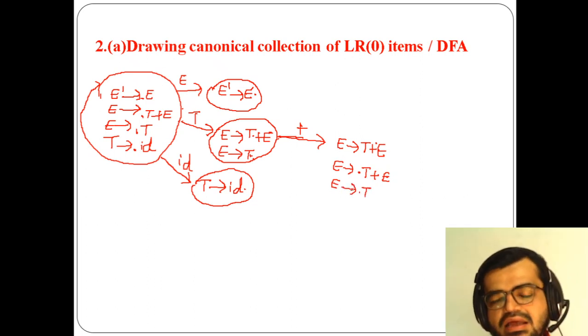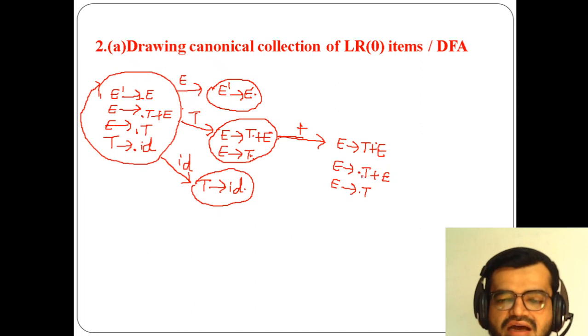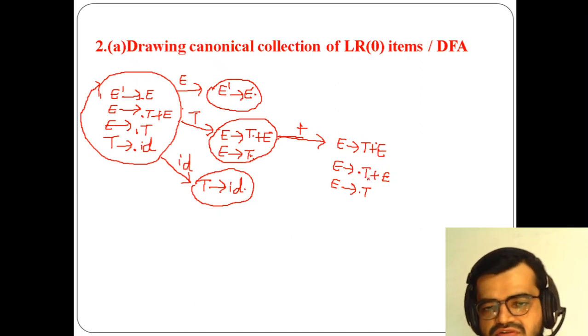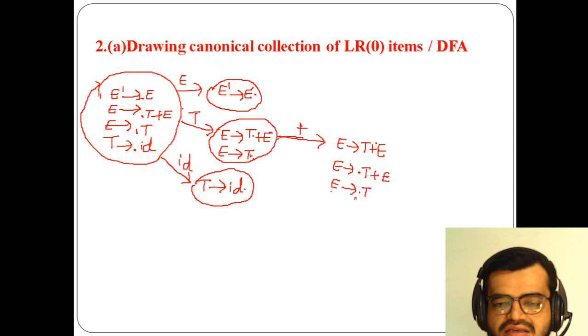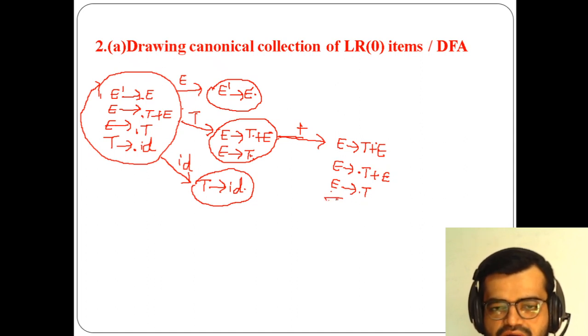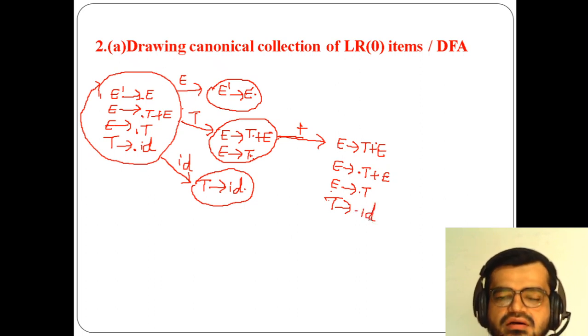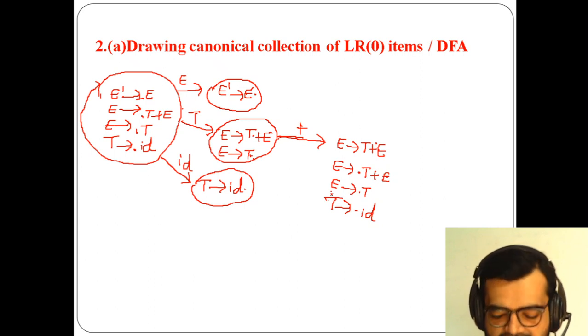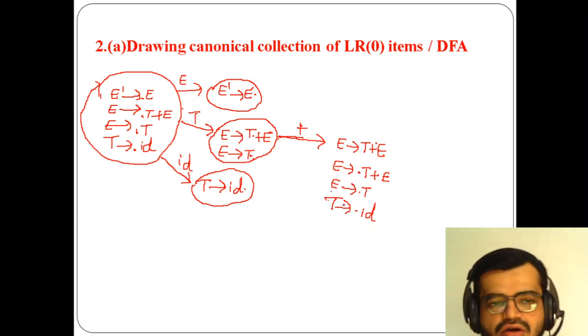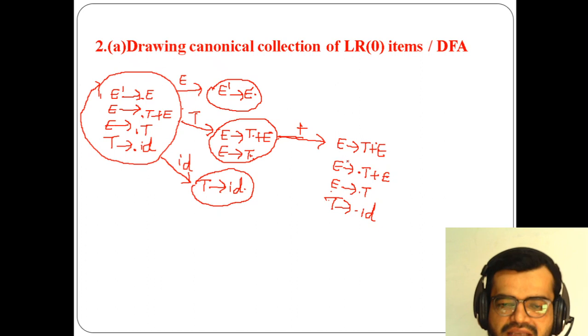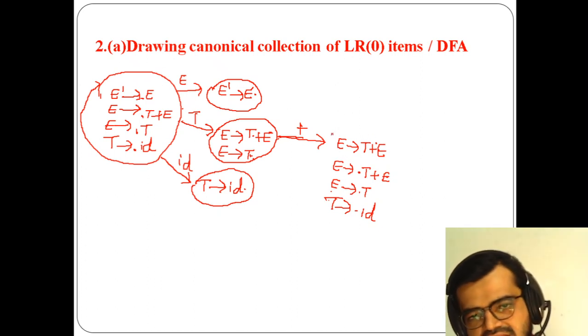Okay. And again, what else is left now? Because when I'm reading E, what is there after the dot? T is there. In this one also T is there. In the third production also T is there. So again I have to read for E. So again T of, what is that? Dot ID. Okay. So in this way, what I have got? I have got a complete state. Now there is nothing more production left over here. So this is my complete state.